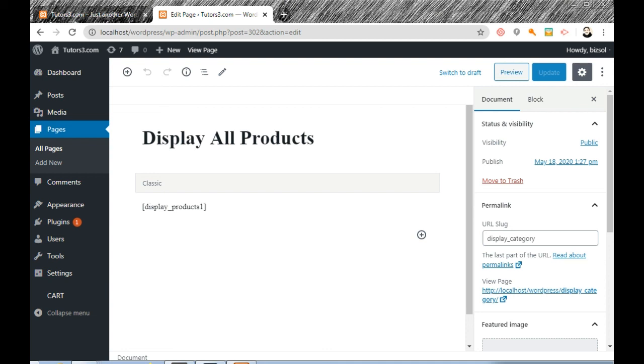And where is the short code? The short code is inside the pages, and if we click on display all products, there is a short code inside it.